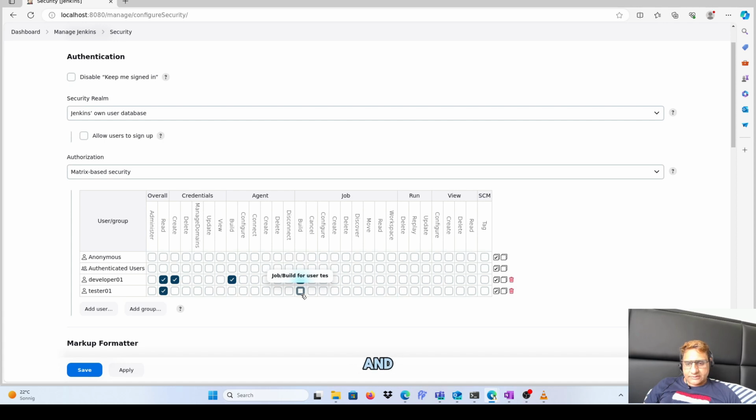right? And then both can create new jobs. For example, the developer can delete, but the tester cannot delete. Okay, so now as a tester, let us try to build the job. The developer can build, but the tester cannot build. So save,